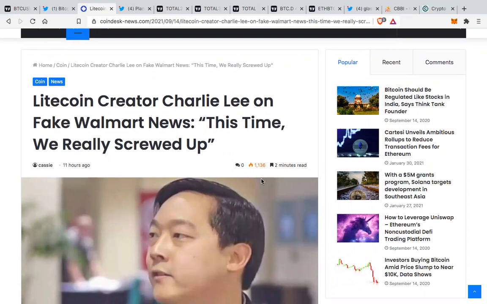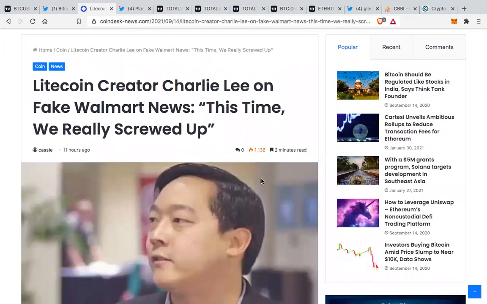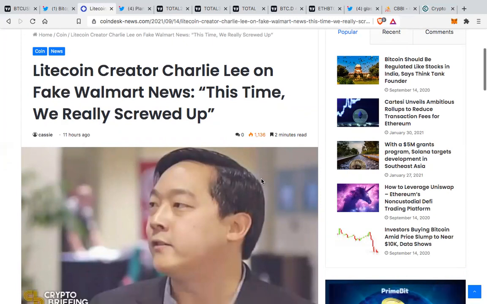the market is correcting and consolidating. But just by this fake news, which at that time was looking real to a lot of people, what we saw is a pump in the Litecoin price immediately, irrespective of Bitcoin consolidating, irrespective of the market for the time being looking bearish. Litecoin price surged up within minutes because what they thought was Litecoin partnering with Walmart.